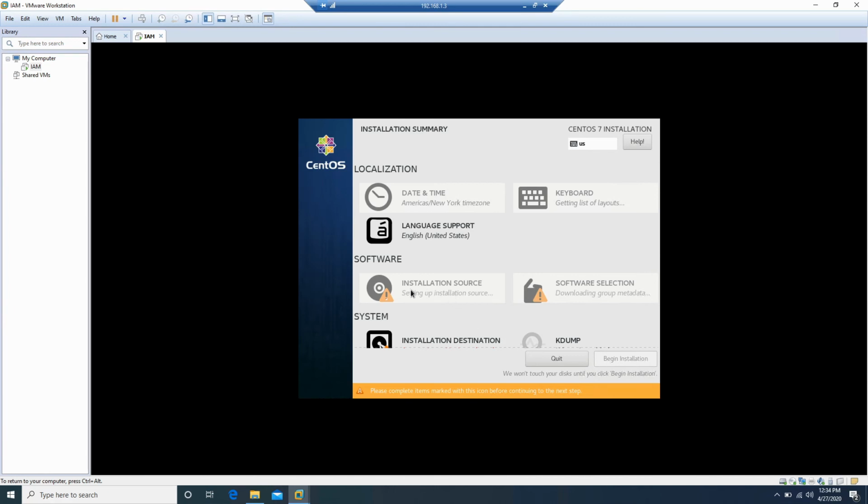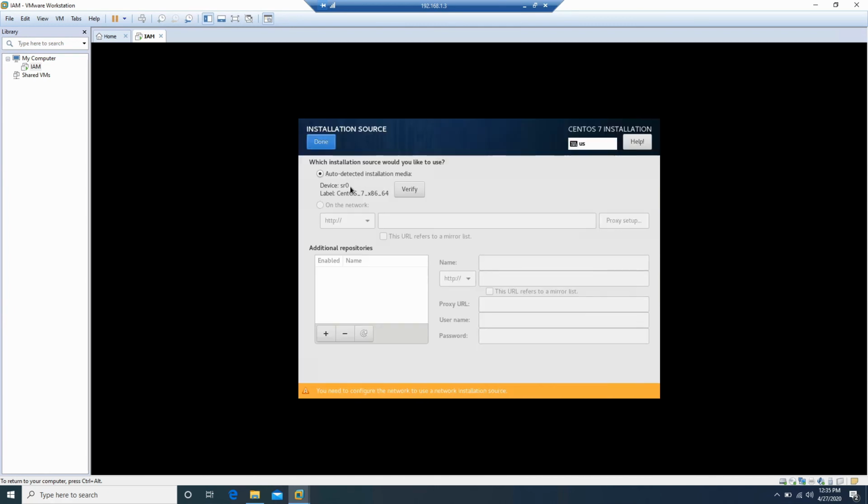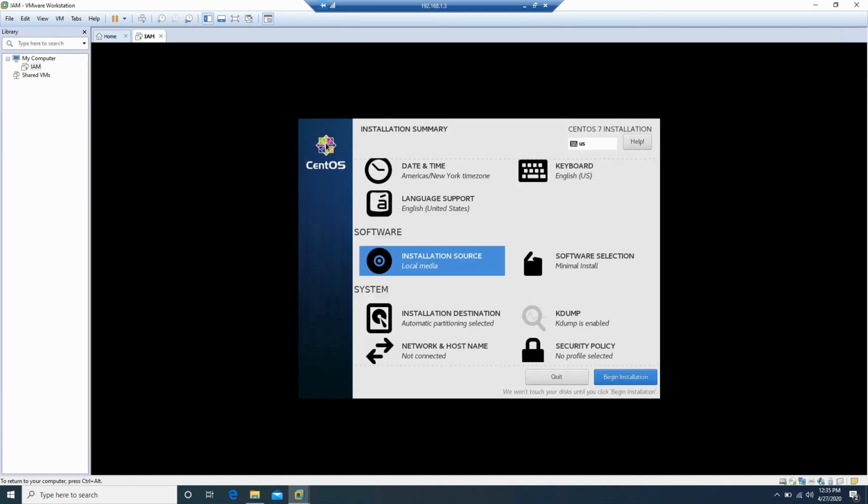So let's go to Installation Source. We need not go to network, so just go with auto detect installation media, that is okay. Then you have Begin Installation enabled. Now go there.